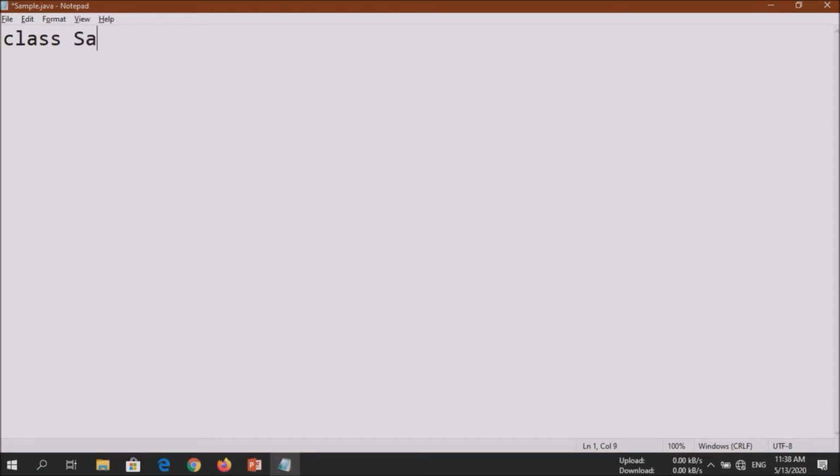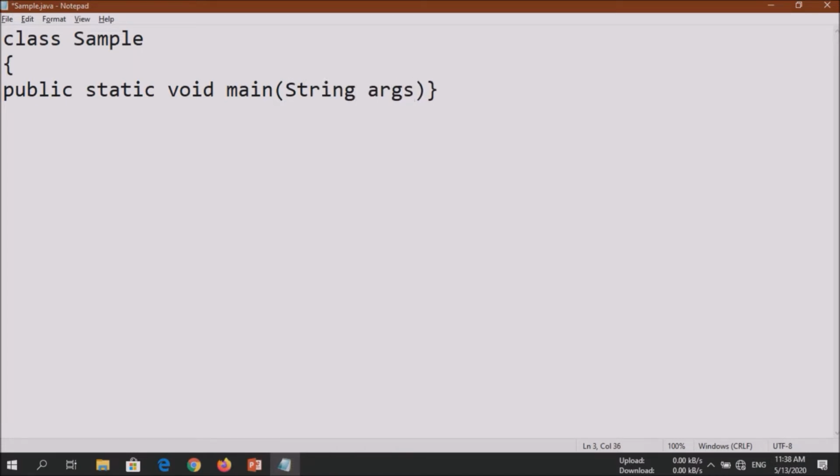Okay. So for that, public static void main. There are a couple of ways in which you can write down string args. You can write it like this, or you can write it like this, or you can write it like this. So it's your choice which one you want to pick. Enter. Now this is the basic syntax of it.